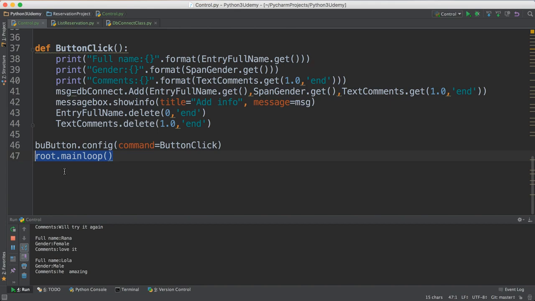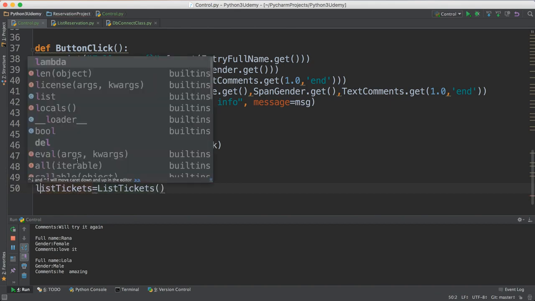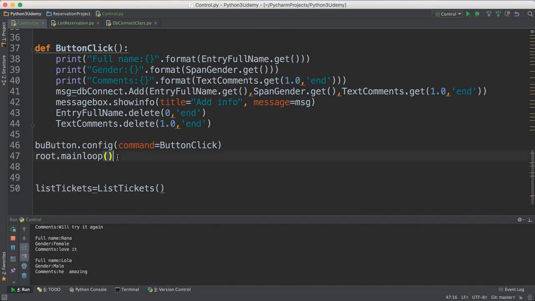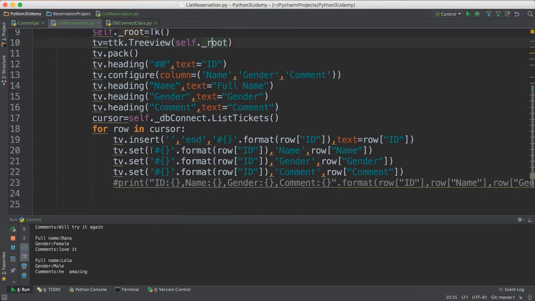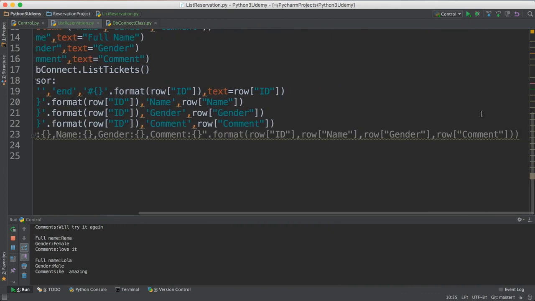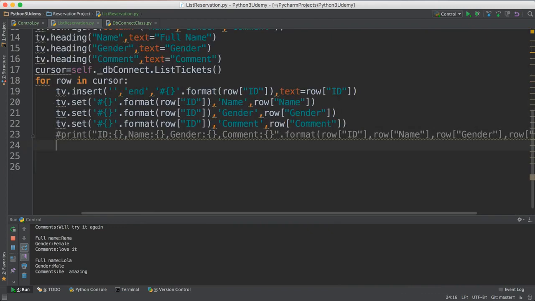But you know, I have to have main loop there also. But let me just create an instance from it. So you would see two forms. Make sure, because there I have, if you go here for list tickets, we just create DB connect, create a route, we add this one to the route, we pack it, we define everything, but we need to show it now. So I need to say, hey,